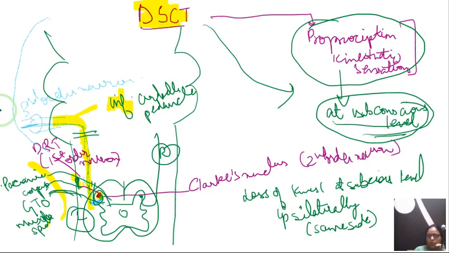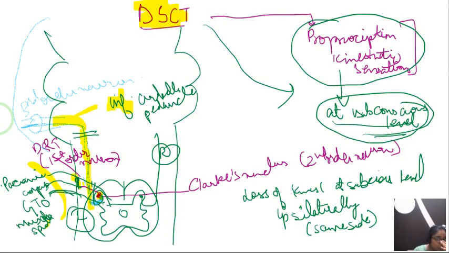Fine. So if the patient has a lesion in the dorsospinocerebellar tract or any hemorrhage or ischemia occurs at this level, the patient will present with the loss of kinesthetic sensation at the subconscious level ipsilaterally. Fine? Okay. Now we have studied the dorsospinocerebellar tract. Is it clear? Okay. Then we will proceed to the